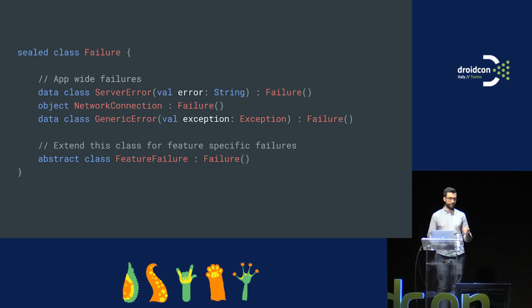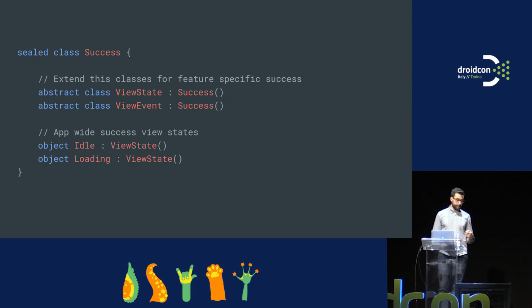And it would be crazy to have a sealed class in one file with probably 30 or 45 different failures, right? So we're going to model it that way. And we're going to take the same approach for the success. We now have a definition of view state and view event, because for us it makes sense to define them as different objects. But we also have app-wide success events and states, like being idle or loading some data. It is the same loading one screen or loading another type of screen. In the end, it's a loading state, and it will be the UI side that takes care of modeling and rendering that information as we want.